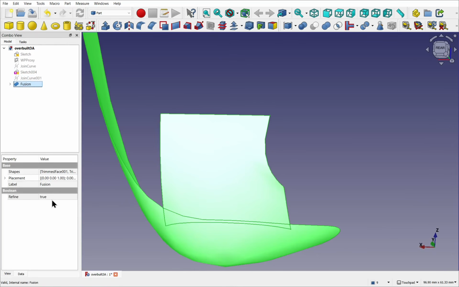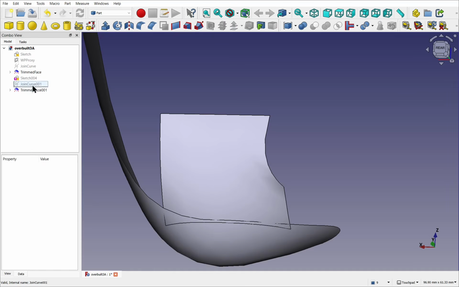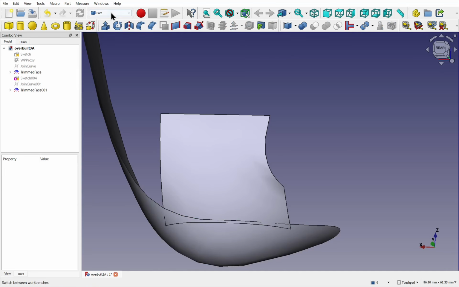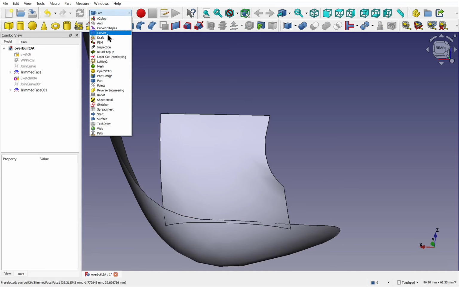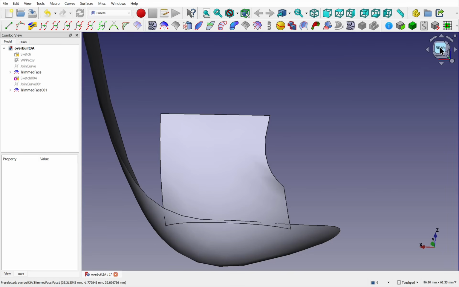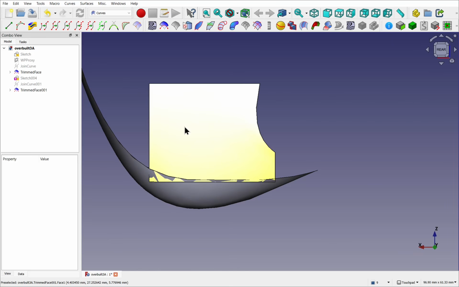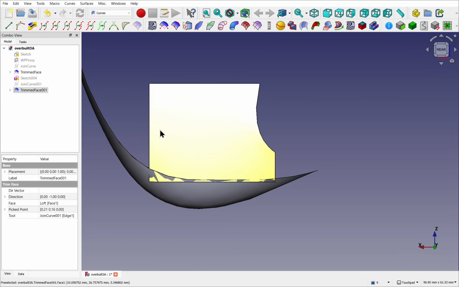Come into the fusion and just delete that. So I've deleted the fusion. We've got the two faces there. I can use both of these in a trim. So let's go back to the curves workbench and look from our previous projection from the rear. So I'm going to take this face and trim it against this edge using the trim. That removes